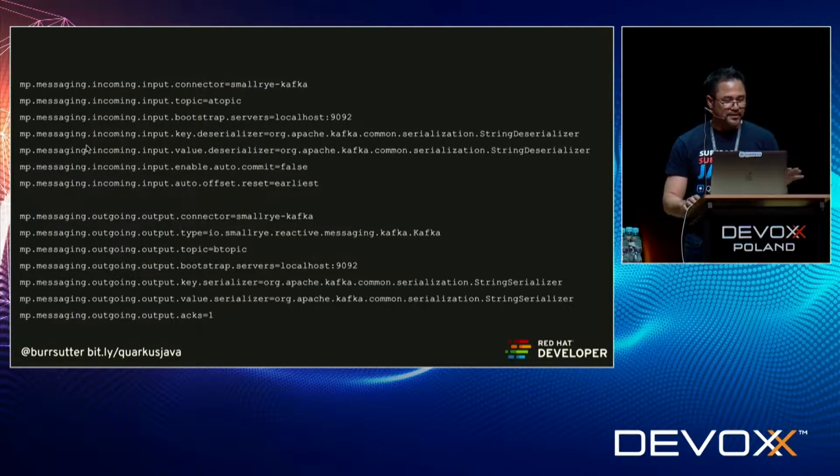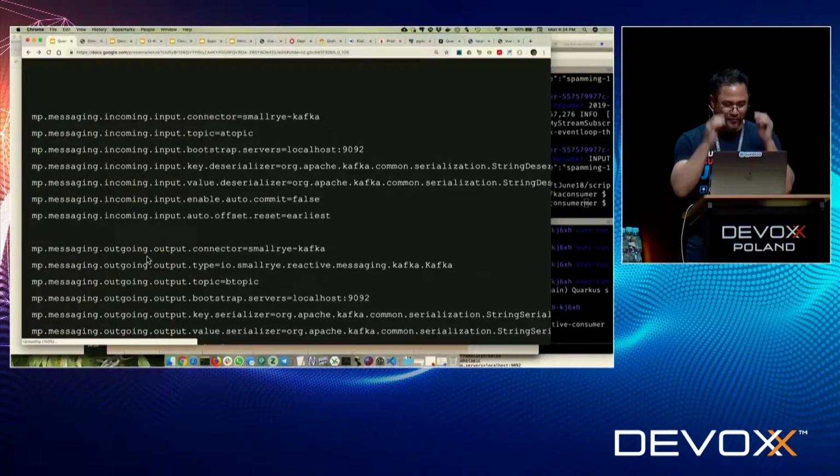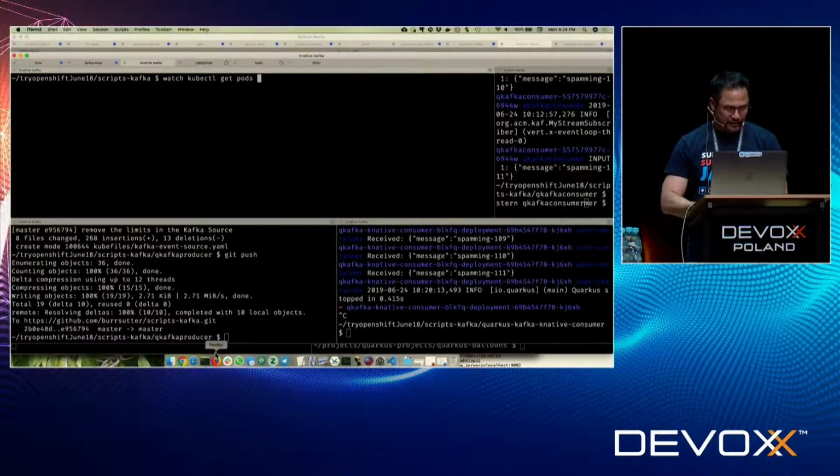And then you can see there's an application properties file, like you saw me use earlier when setting up the database. In this case, you set up your incoming stream and your outgoing stream, right? So incoming, outgoing. And I called this stream input, that one output, just to make it very straightforward and simple. But let's see if we can have a little fun with that. I want to show you this example now.